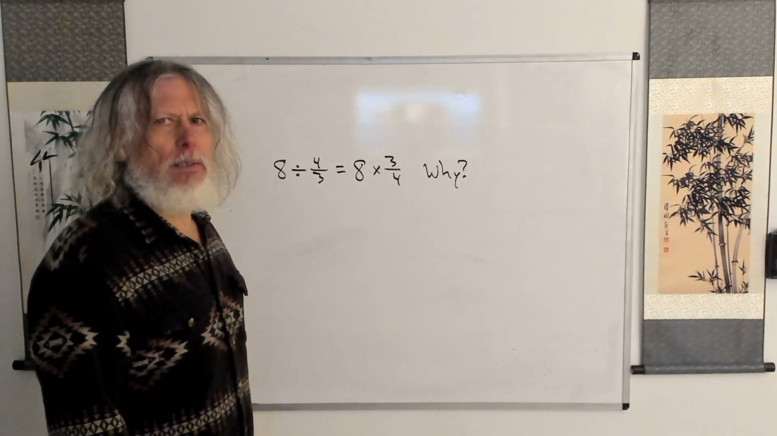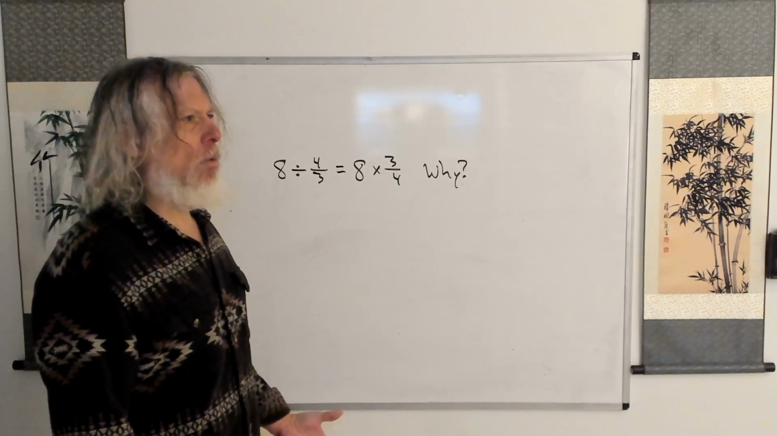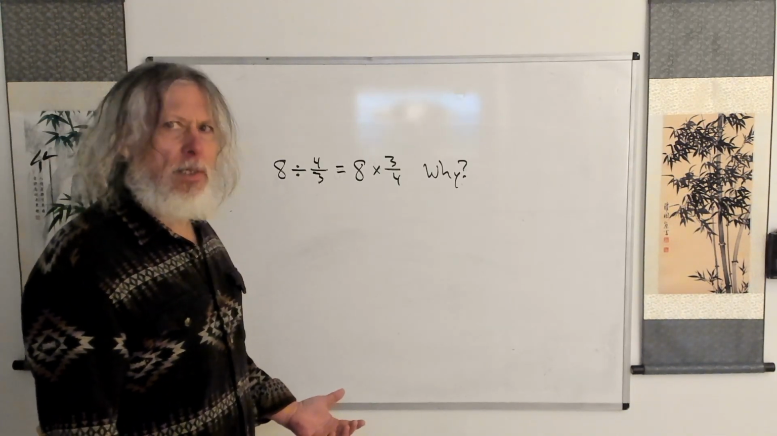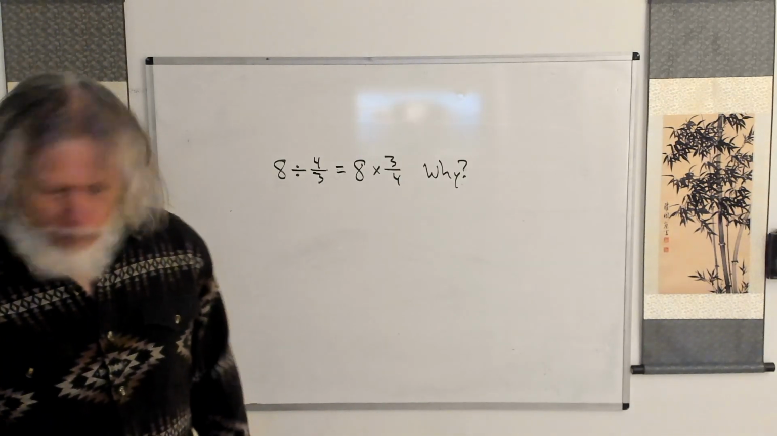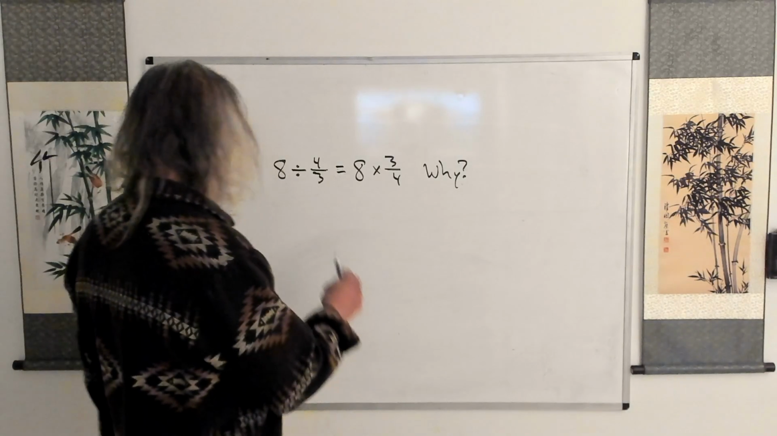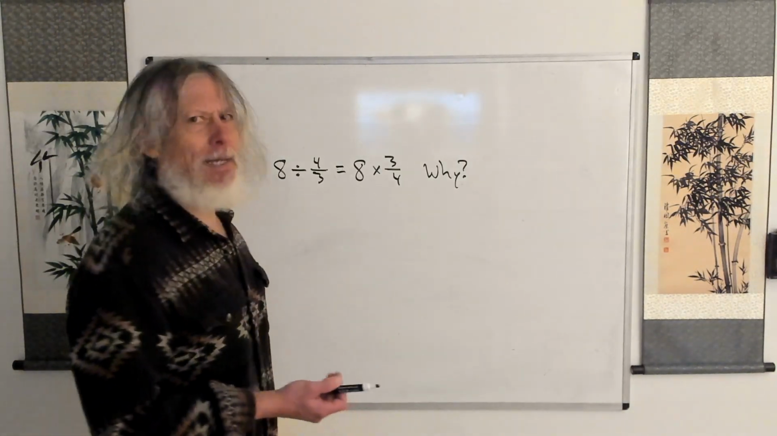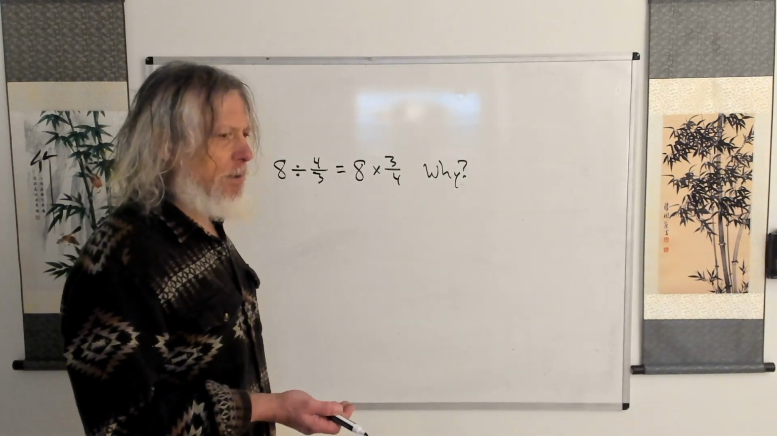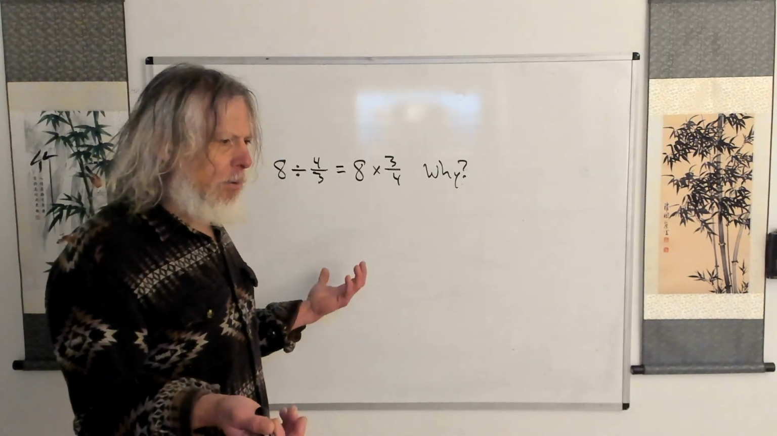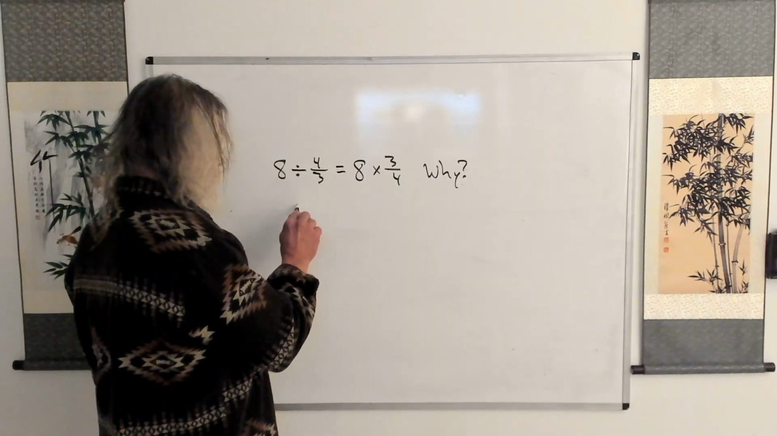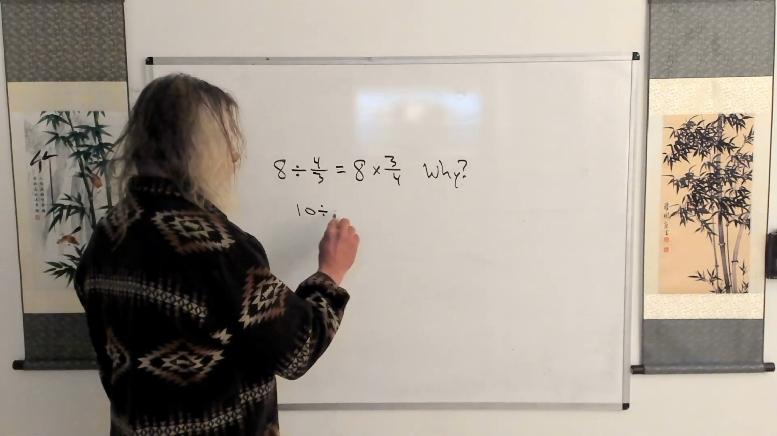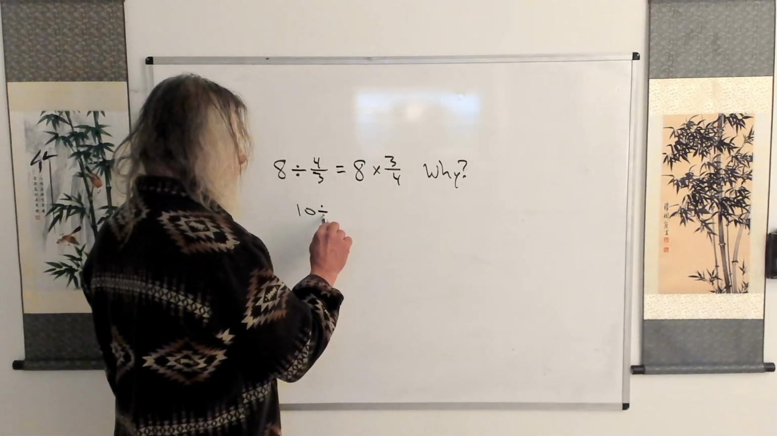Instead of just memorizing it, let's try to understand it. What's a reason for it? So let's look at this first. If we have 10, we're going to step back before we get to fractions. Think about, what do we do when we're dividing? If you have 10 divided by 5, let's say,